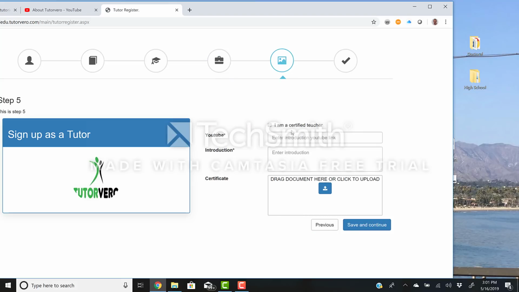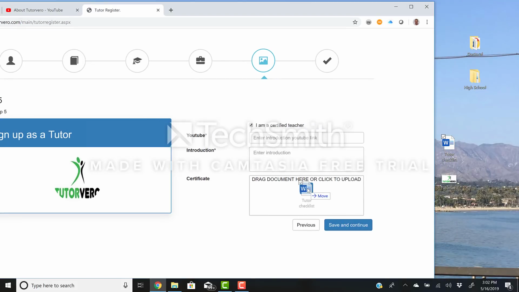All right, now, if you're a certified teacher, which I am, I would click this. Now, that doesn't mean automatically you can just move on. I have my teaching certificate, so I would drag and drop that. If you don't have your teaching certificate, but you're a teacher, you can write a short paper explaining, you know, I've been teaching math for 14 years at this school in this location, all that. I don't know if that's going to qualify, but if you can explicitly state it in that paper, I can back that up. If you have a coaching certificate, any type of mentoring or leadership experience,